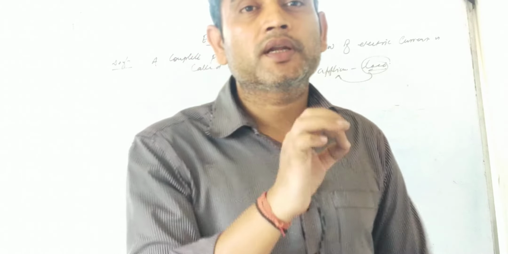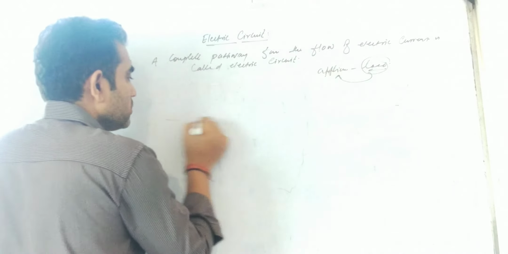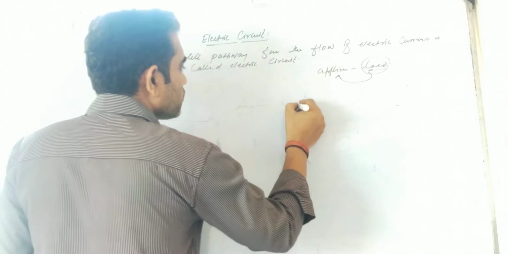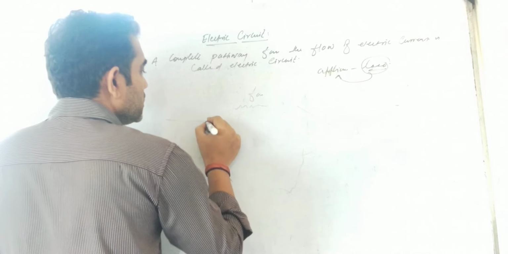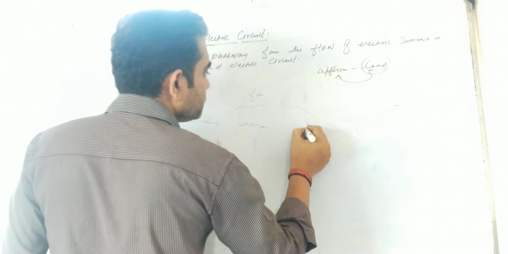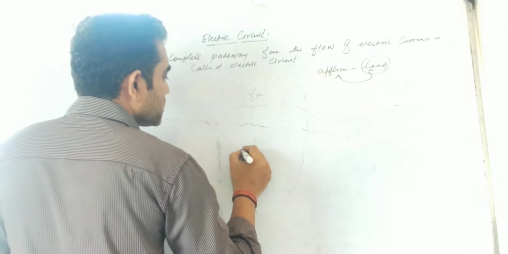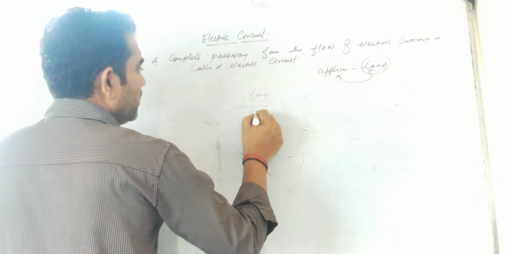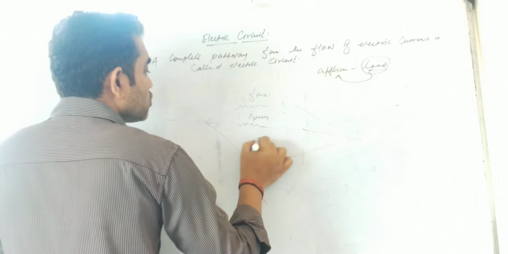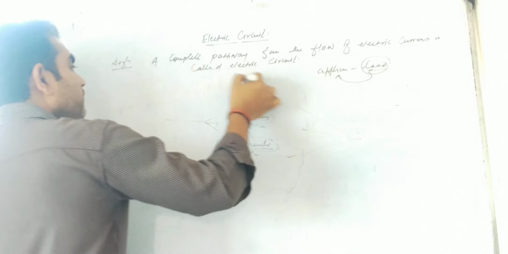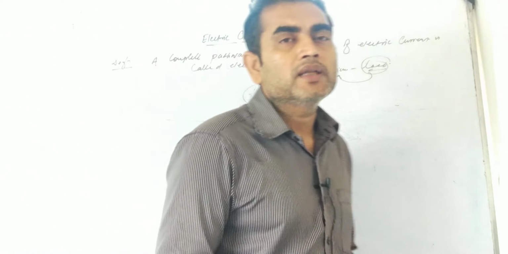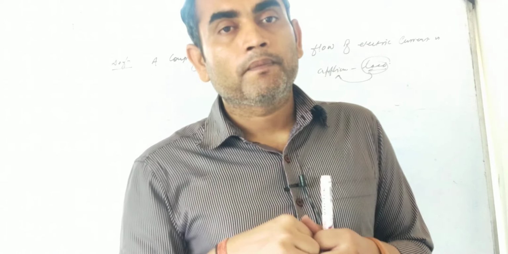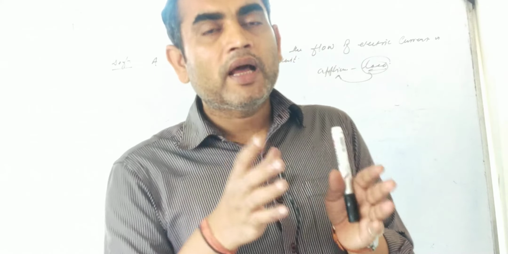Again, coming to the circuit in parallel, for each and every appliance we have a particular, separate circuit. Suppose this one is a circuit for the fan, this one is a circuit for the bulb, and this one is the circuit for the heater. Whenever we have a separate circuit for each and every appliance, that is said to be a circuit in parallel.